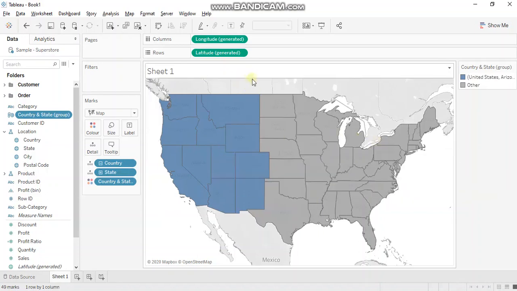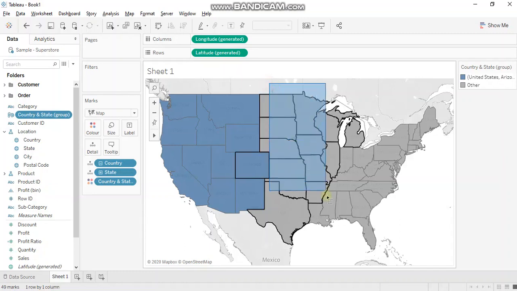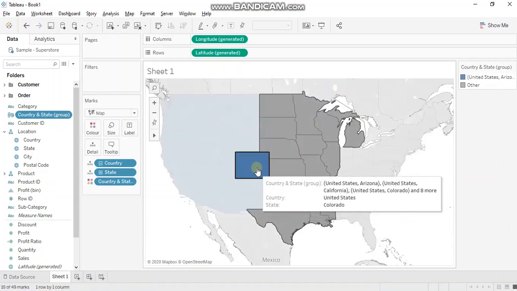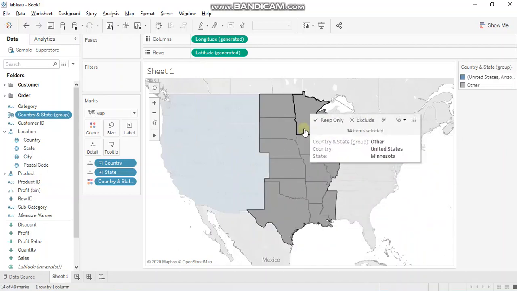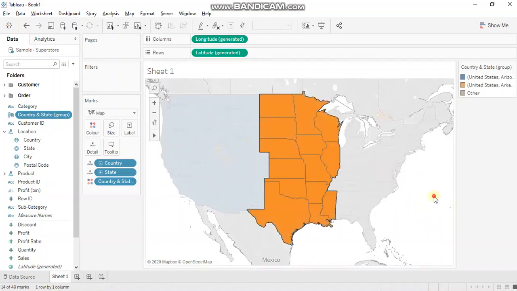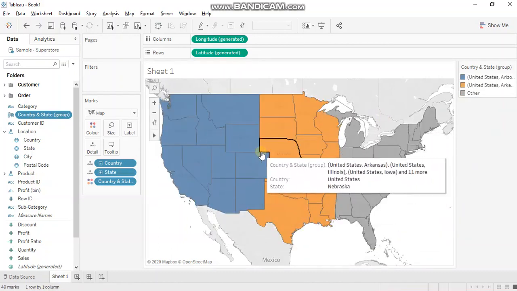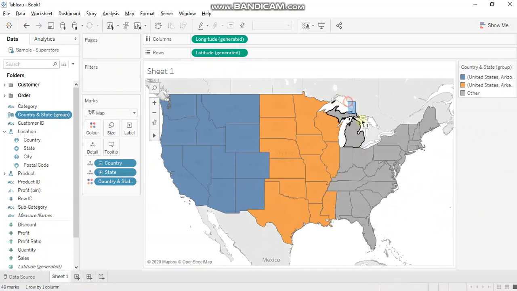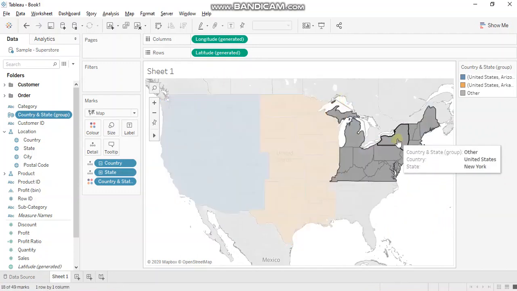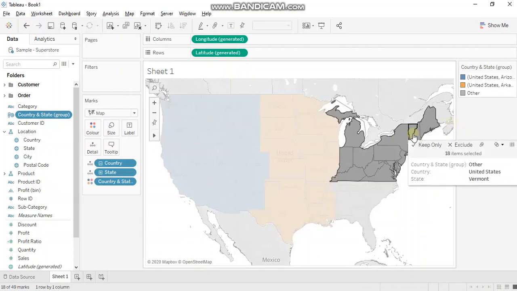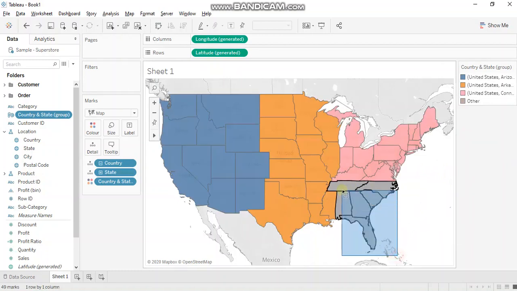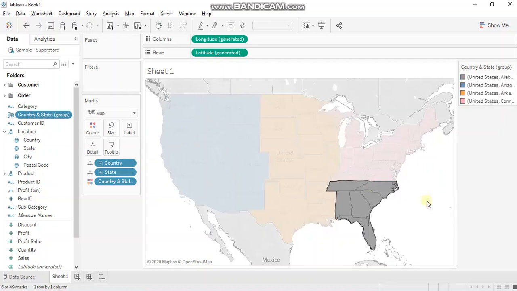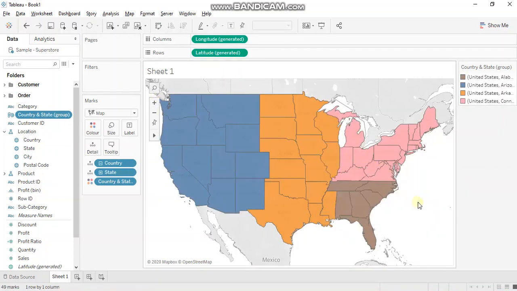Now let's create a central region. I'll select values from here. Let's deselect this. Let's deselect this as well. Okay. Now again go to the paperclip icon. You have two categories made here. Okay. Now let's create the east region. Okay, and finally the south region. Okay, so we have created 4 different regions using groups.